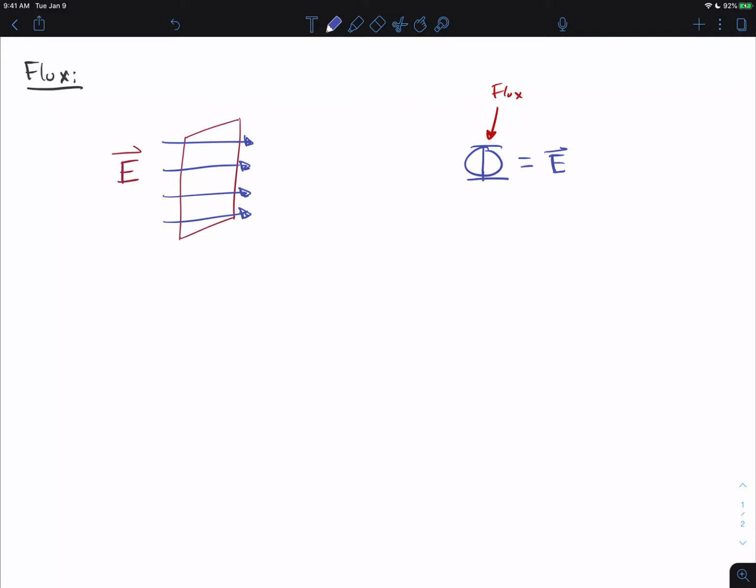So let's go ahead and do this. This is also affected by my area. I'll call this A. Now, there's one more thing that will let us know exactly how much flux is going through, and that is the angle of my window versus my field. So what I'm going to do is draw this from the top perspective, from the top view right here. Right now what I have are my electric field lines,